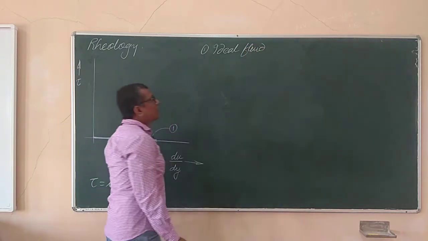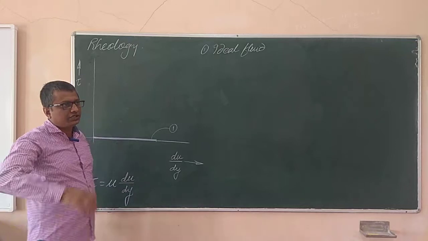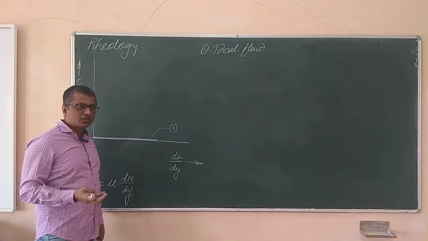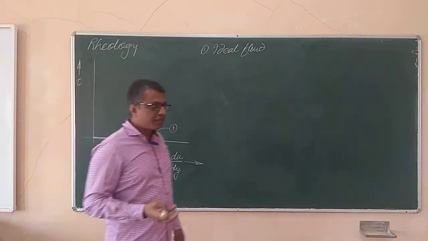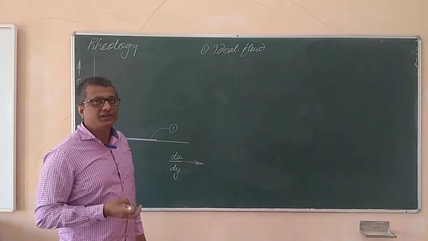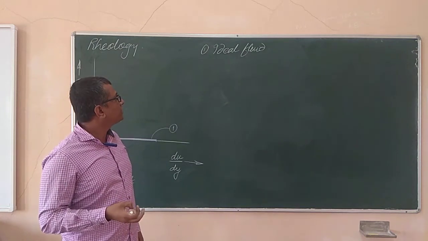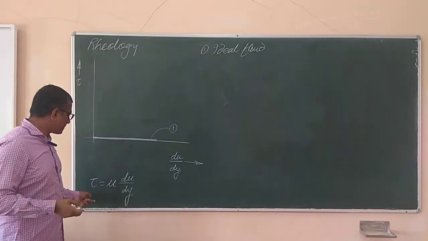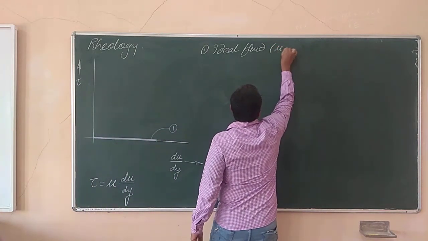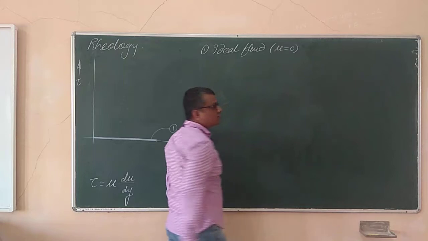Ideal fluid. Now as we know, ideal fluid actually does not exist in reality. Ideal fluid is the fluid which has no viscosity, no surface tension, no compressibility. So such kind of fluid is known to be the ideal fluid. Now how can that ideal fluid be explained with the aid of Newton's law of viscosity, that I would like to take down. For ideal fluid, mu is equal to 0, that is the viscosity is 0.